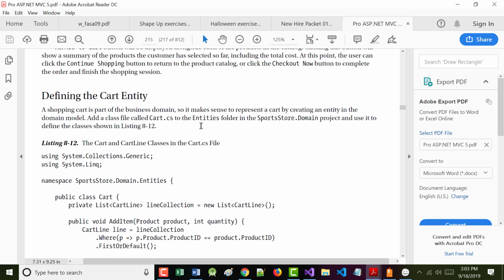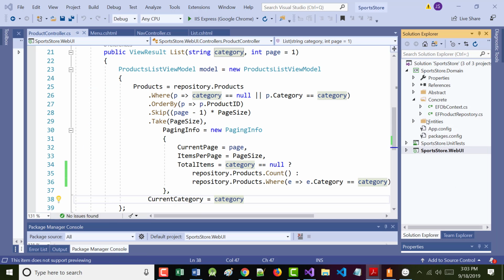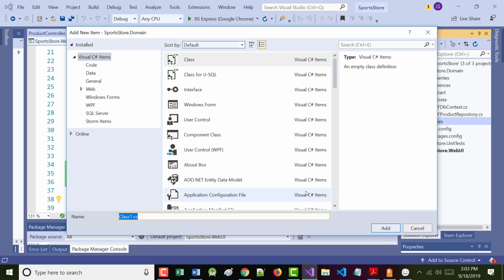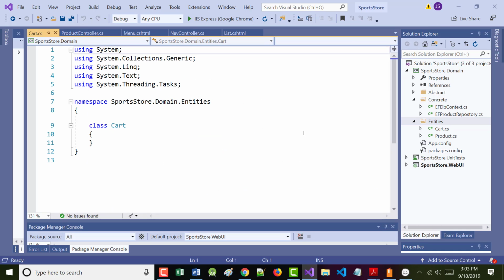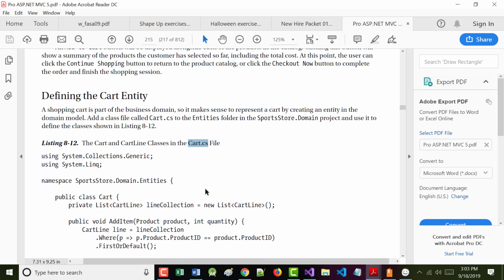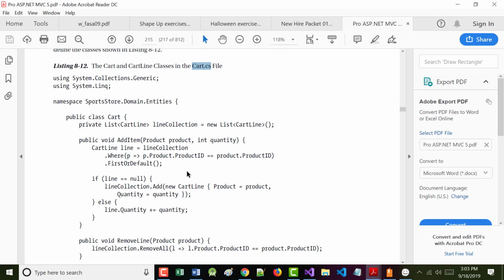And it says in our entities folder in here, we want to define a cart.cs class. There's our entities folder. Right mouse click, add class. What class? Cart.cs. This is, again, for lack of better words, symbolizing a shopping cart. There's almost no code in there, and in fact, the code is shown in our text on most of page 215. I'm going to shrink this down.